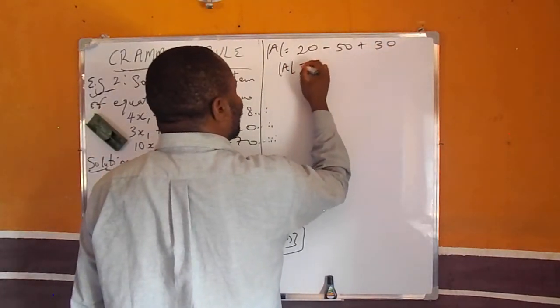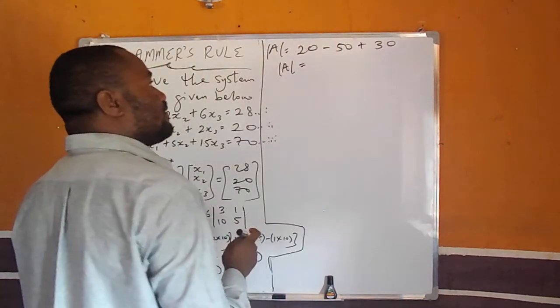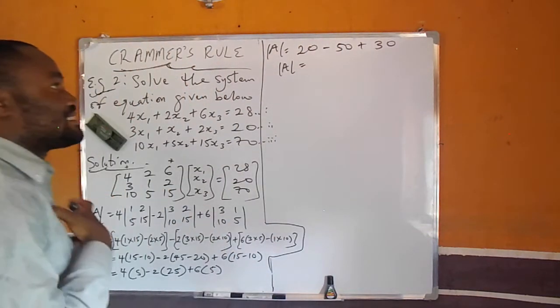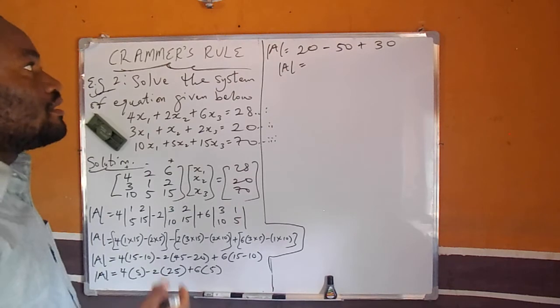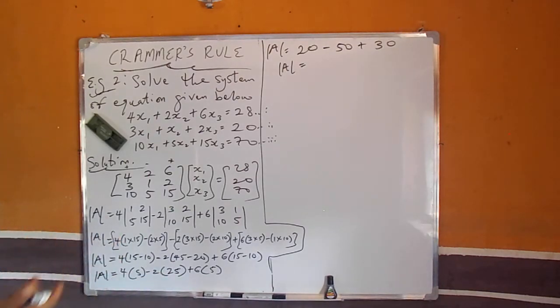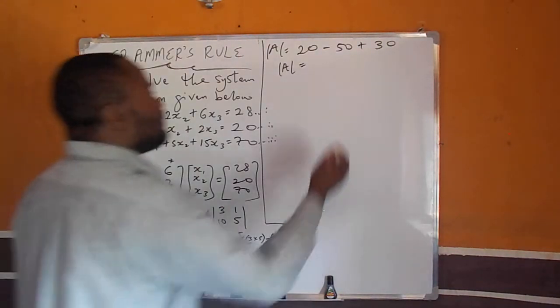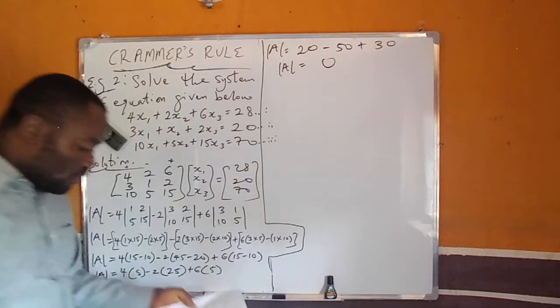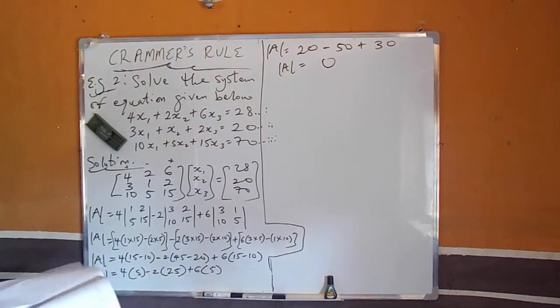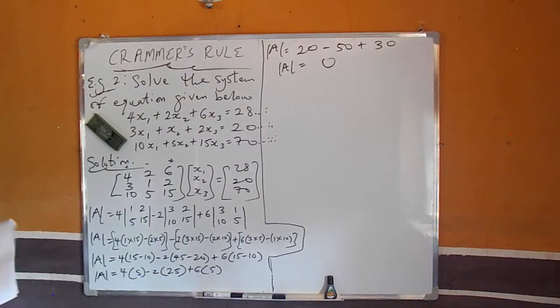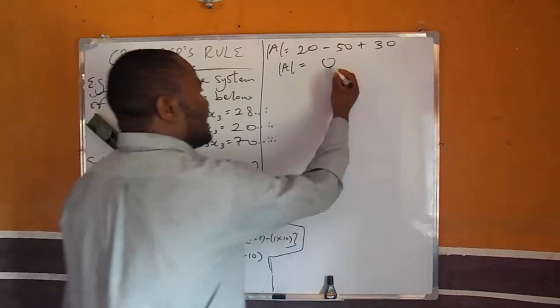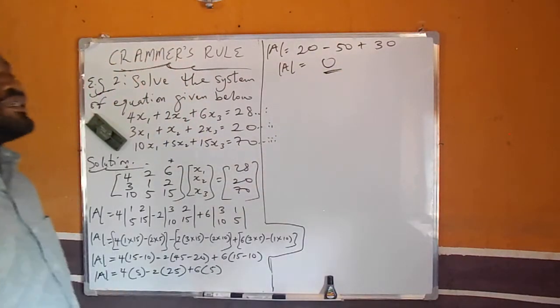Determinant of A equals 20 minus 50, which gives us negative 30. Negative 30 plus positive 30 gives us 0. Since the final answer has given us 0 as our determinant,